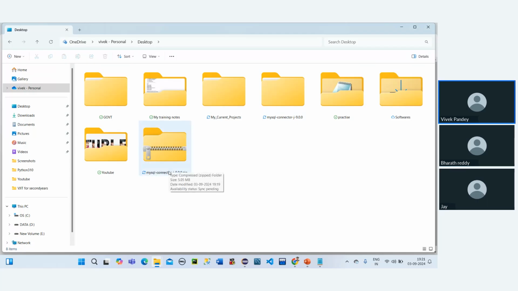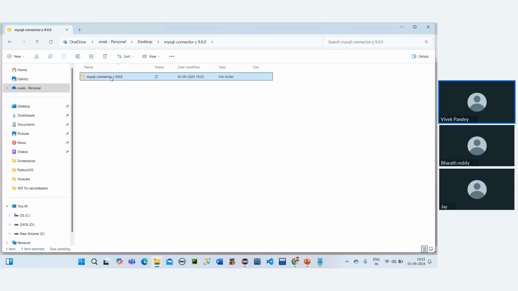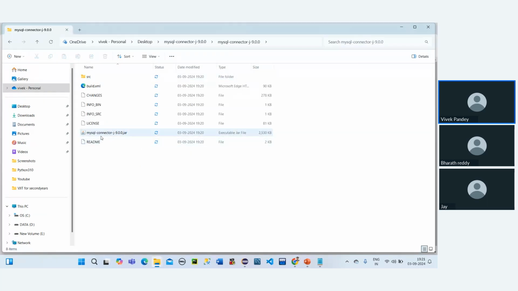Where is this MySQL zip? The zip got opened, here it is. Now in this MySQL connector, here we have the jar file. So this is the executable file, and this is the only one we need. Okay, so that's it. Now let's go with the